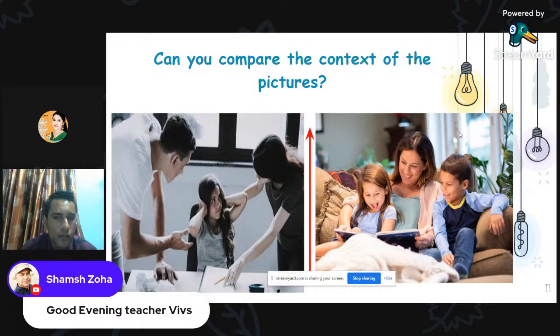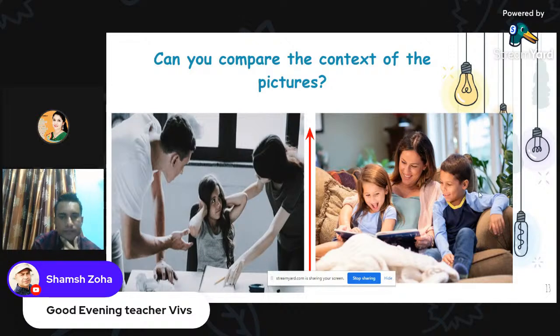When you start any new concept in your classroom, you can show some pictures, so the students get interested. Not only one picture, you can give two or three pictures and ask them what are the basic differences between these pictures, so they can understand this is what is happening in picture one, and this is what is happening in picture two. They are going to compare and contrast and write in maybe the Padlet, or maybe any other tools, or maybe in the Google Jamboard.